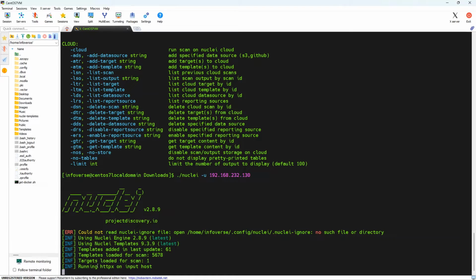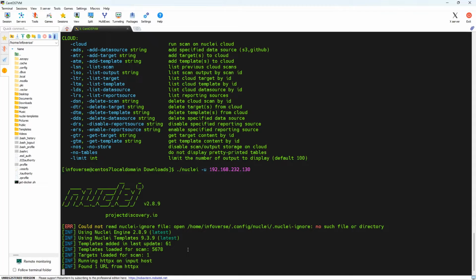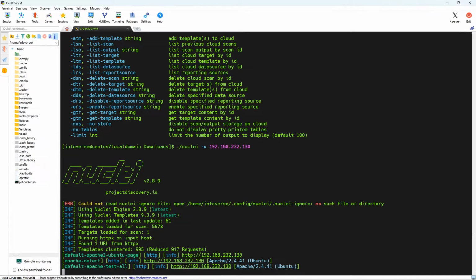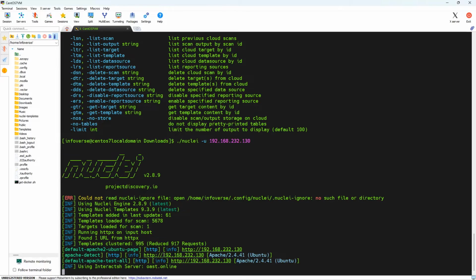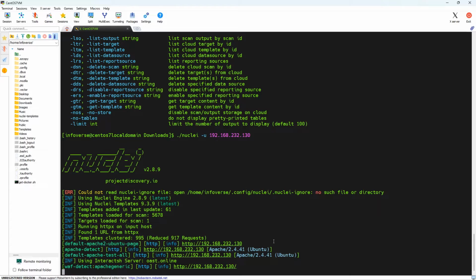Targets loaded are 1, and then it goes through that whole process of running all the templates and vulnerabilities on that machine. So as you can see that it's using another optimization factor called clustering. So templates clustered 995, reduced 917 requests. So if Nuclei sees that a certain service belongs to multiple templates and will need to be tested, it combines them in a single request. So that's what it means by clustering. So it greatly helps reduce the traffic that's going to that target, and especially important if we are looking at